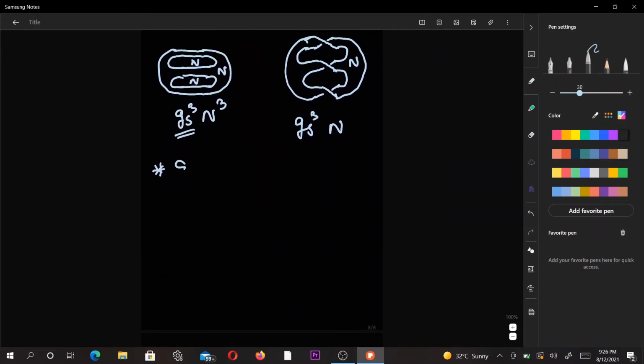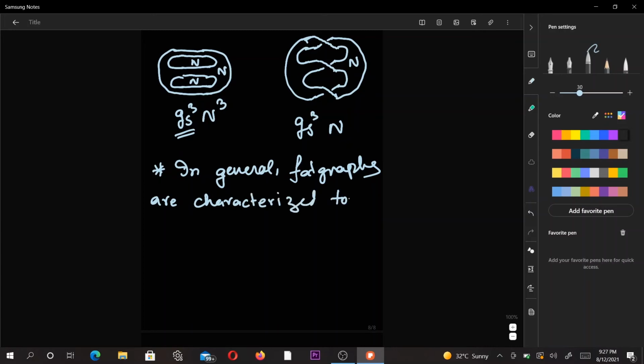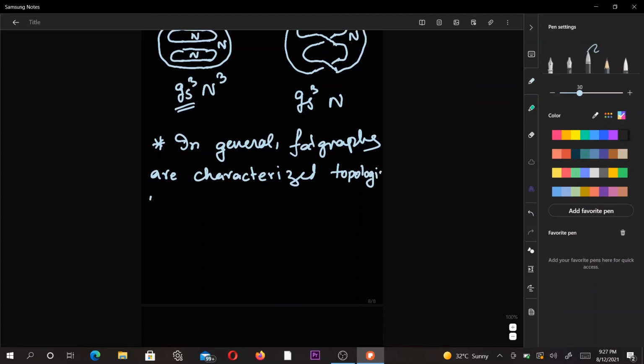So in general, fat graphs or ribbon graphs are characterized topologically by the number of propagators or edges,